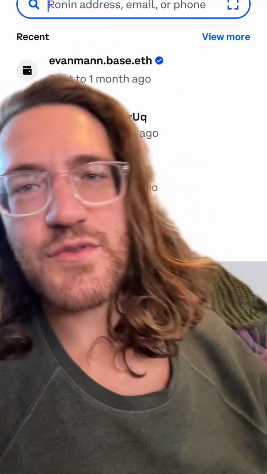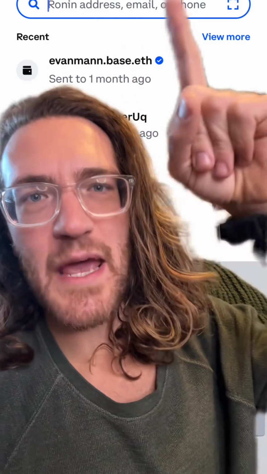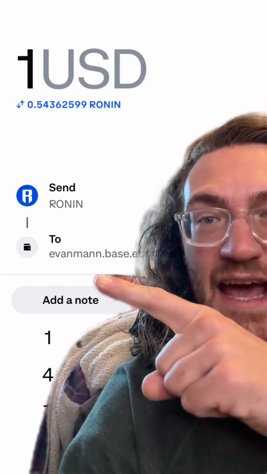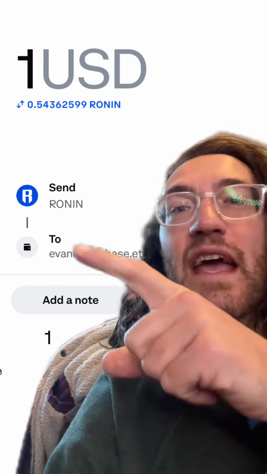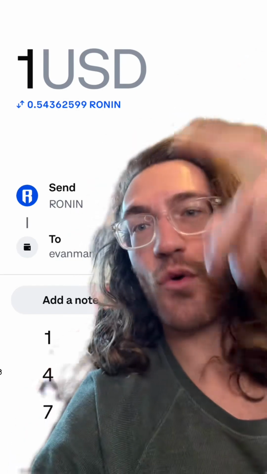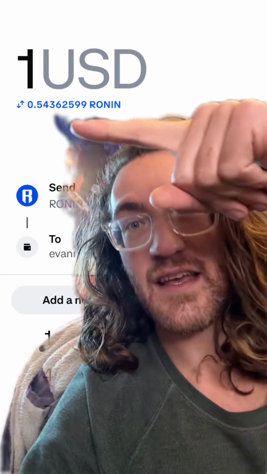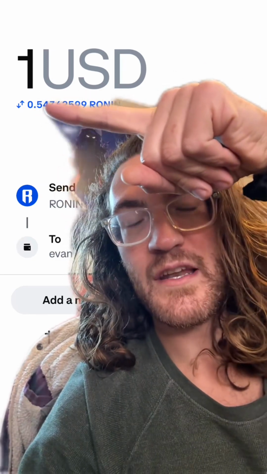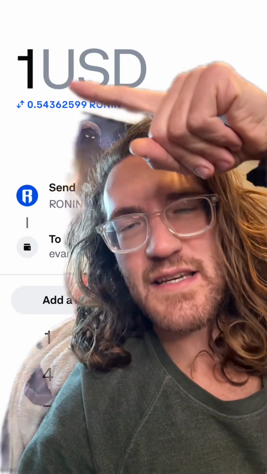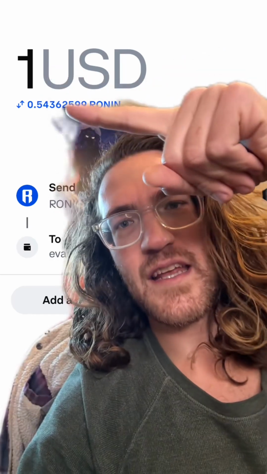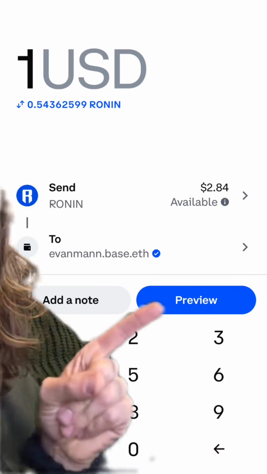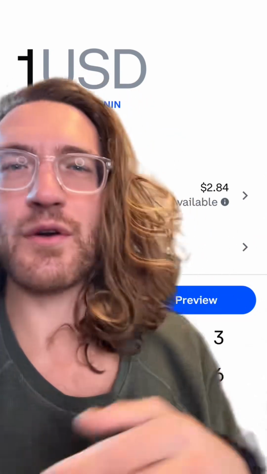You copy that address, you're going to take it back to Coinbase, paste it in, and hit enter. And now on the screen that appears, you'll see the address loaded, and it will prompt you to enter the amount in dollars or tokens that you want to send. On Coinbase specifically, there's a little swap feature here. If I tap this button, it'll toggle between choosing to send an amount in US dollars and sending an amount in Ronin tokens. I'm sending $1 US, and then you're going to hit preview or confirm or whatever it says